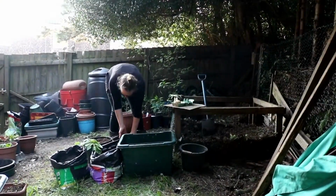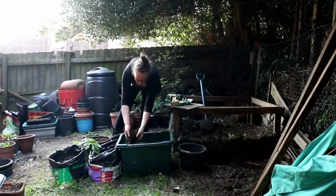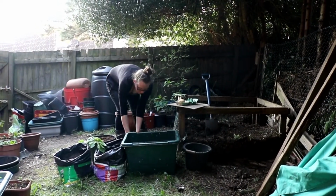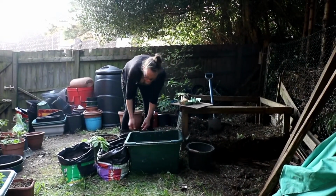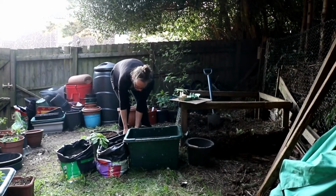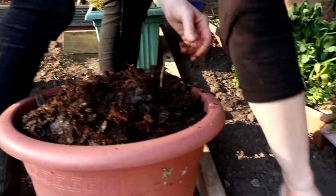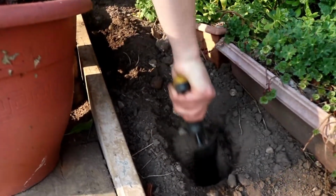It's basically magic. You put 2 potatoes in a bag, you keep them watered, not too wet, and 8 to 10 weeks when the foliage starts dying down, you dig them out, empty them out, and you end up with a pile of potatoes. Growing in containers and bags is absolutely great if you haven't got any garden, but if you have, even if